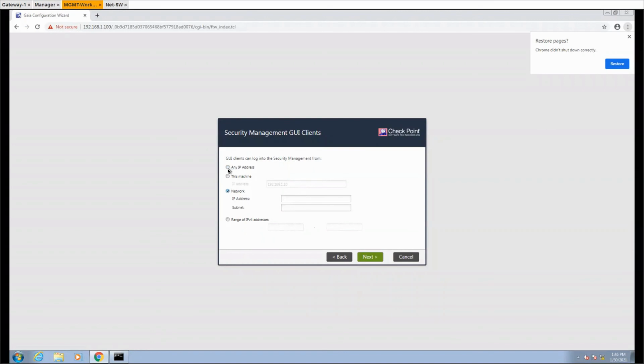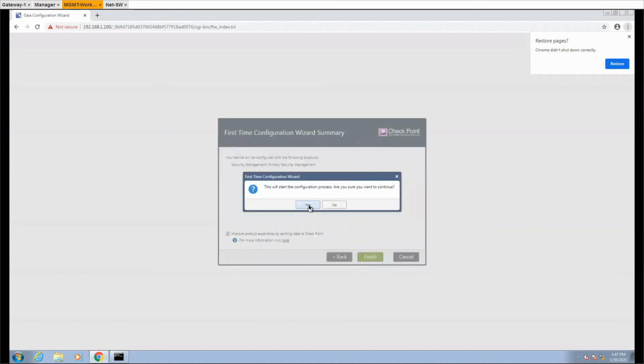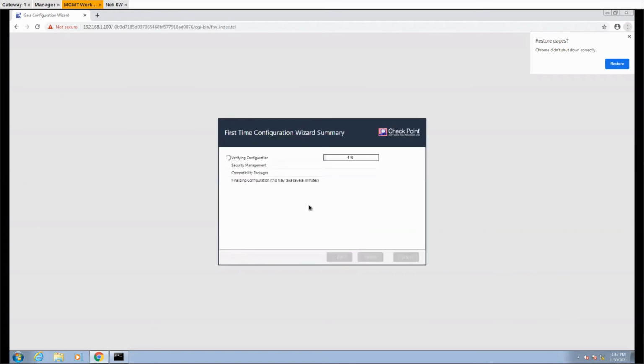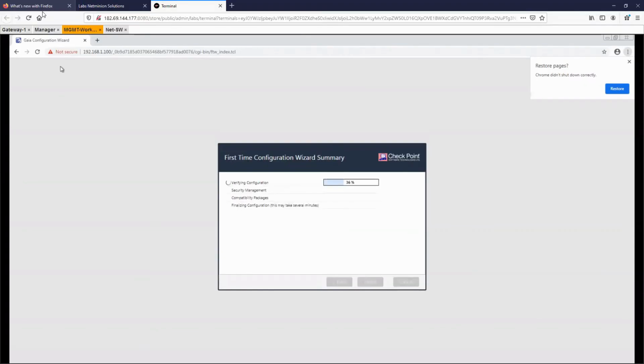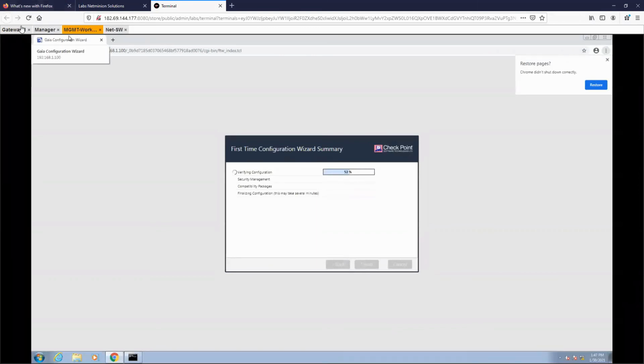Now I'm selecting any IP address, then we can click on next. When we click on finish, what would happen? It is going to install all the product, meaning it is going to install the management product on this particular management firewall.